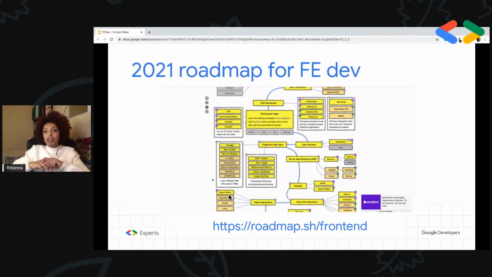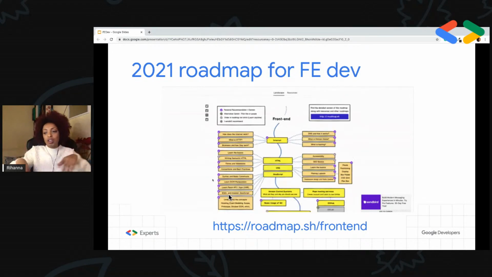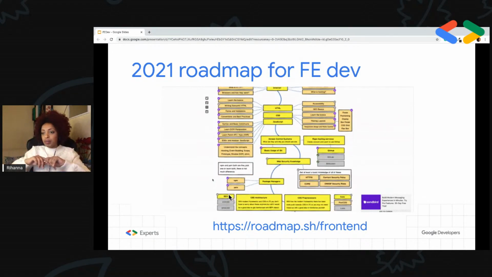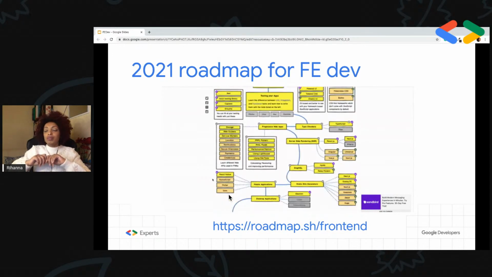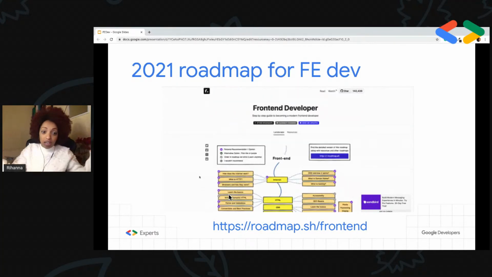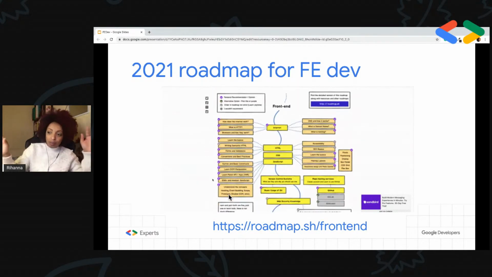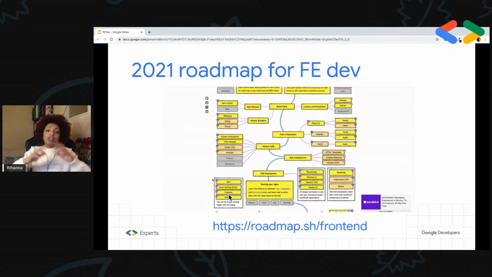So in terms of what is expected of a front-end dev, we have this list. You can check it on the link that is in the slide. And we might not know all of it. It is definitely okay. It's almost impossible to know all. But a good developer has an idea of what it's about.